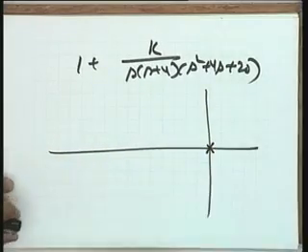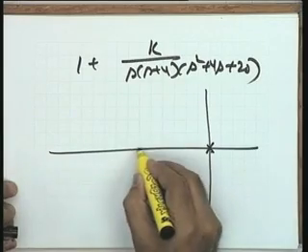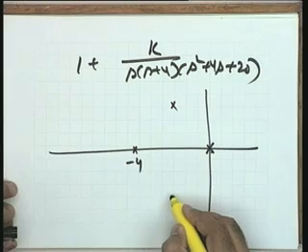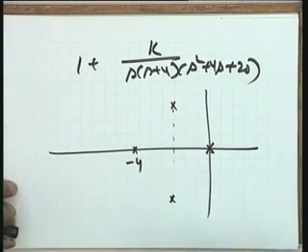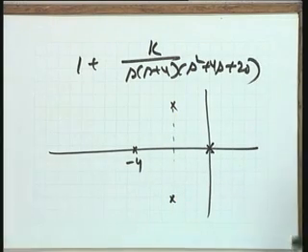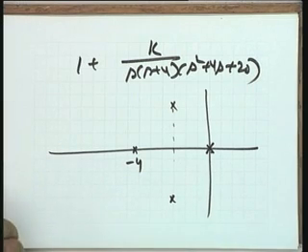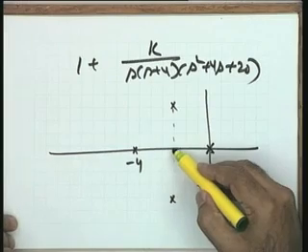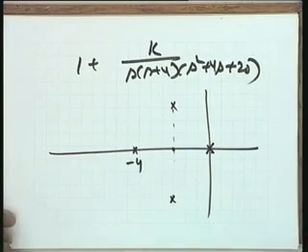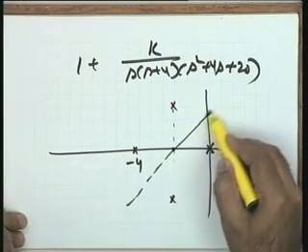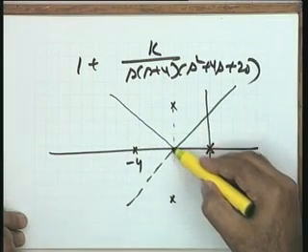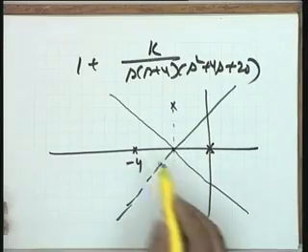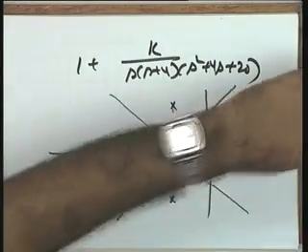s is equal to 0 is my starting point. This is a pole. At minus 4 I have a pole, and these are the complex conjugate poles I am going to get at these locations. Please see that I have not equipped you with the total rules, but whatever rules we have applied, you will find that this is your centroid, and these are the asymptotic angles. You know that this segment will be on the root locus.